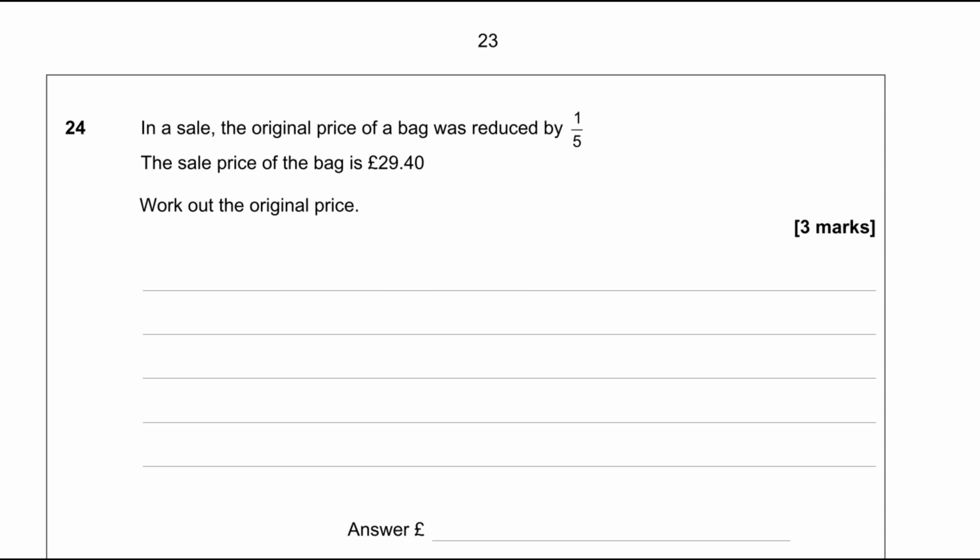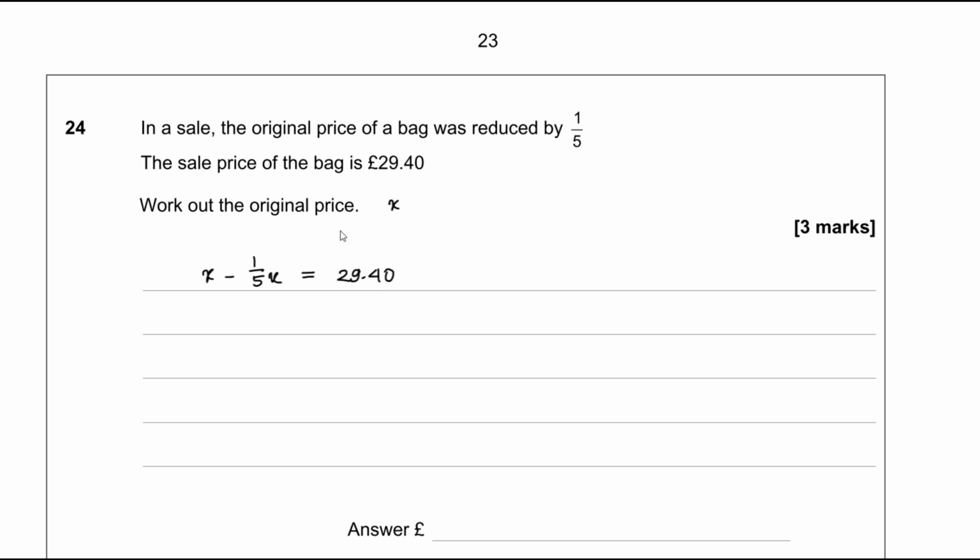Question 24. In the sale, the original price of a bag was reduced by 1/5. The sale price of the bag is £29.40. Work out the original price. Okay, we don't know the original price yet. Let's assume it is X. And then we have the reduction of 1/5. So the original price is X, and the reduction is 1/5 of X. Original price take away the reduction will be the sale price,